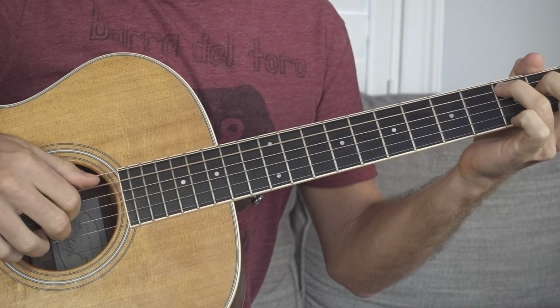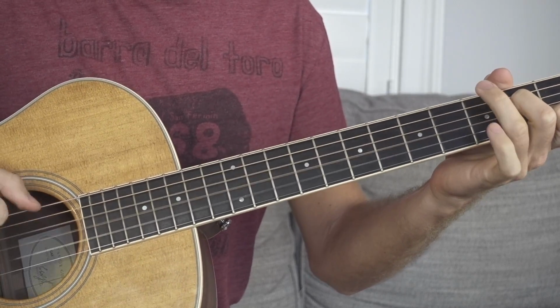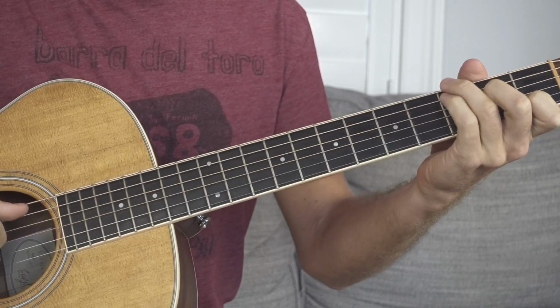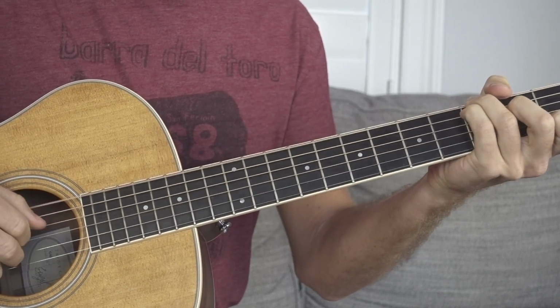So now, back and forth between these root notes, we're gonna add the chord. A string, E string, A string, E string, okay? So this is a very simple back and forth way if you wanna do it with your ring finger or your pinky and your ring finger. And it kinda has a different kind of vibe than just...